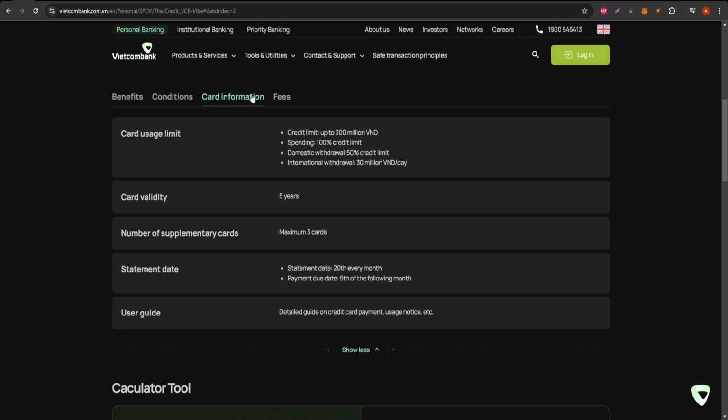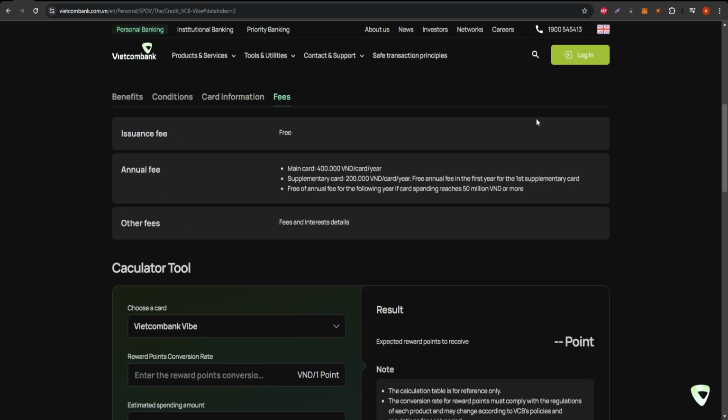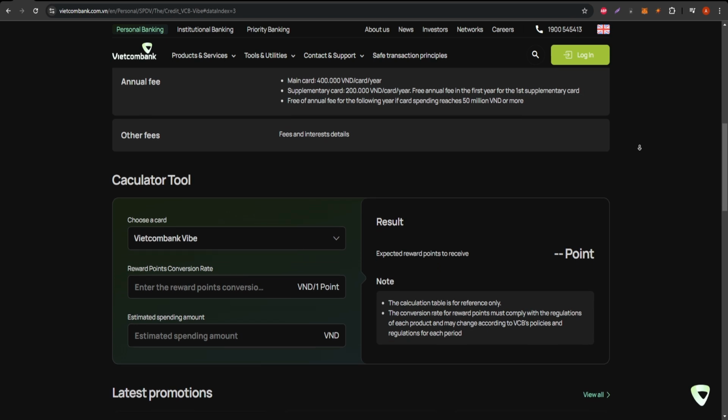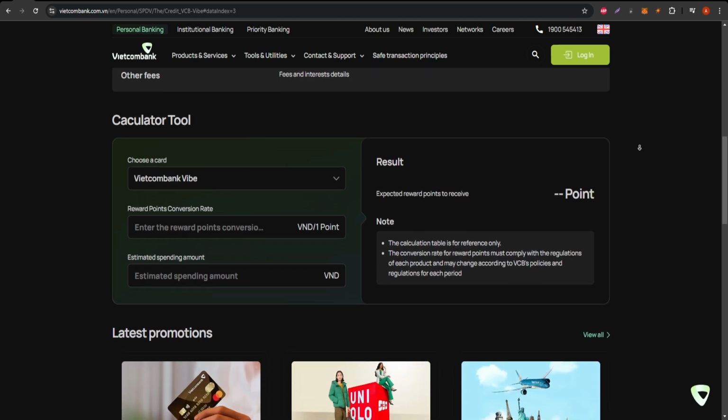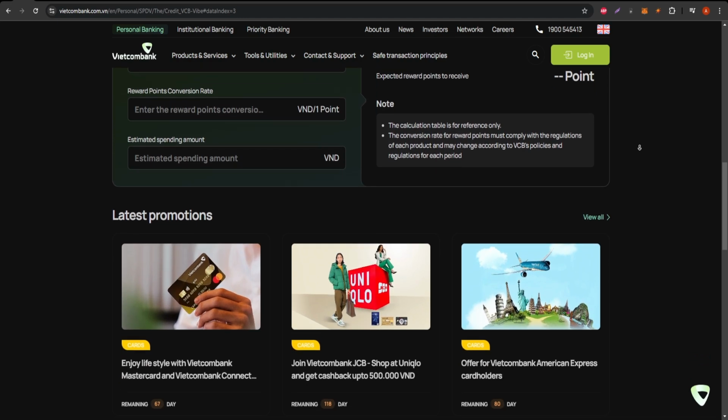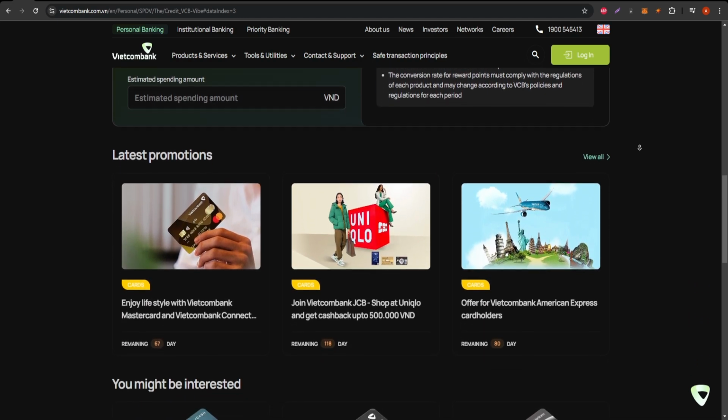Now, let's quickly break down the fees associated with this card. The annual fee for the Vietcombank Visa Classic is VND 100,000, which is relatively low compared to premium cards, but can still be a factor to consider. The interest rates typically range between 18 to 20% per annum, so carrying a balance can get expensive if not paid off promptly. Late payment fees and foreign transaction fees also apply, so it's best to be cautious with international